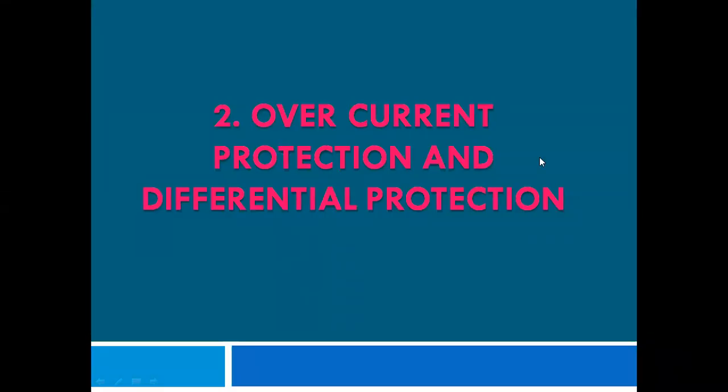So good afternoon, everyone. Today we will start with our second chapter, that is overcurrent protection and differential protection. First we'll see what is meant by overcurrent protection and differential protection. All of you know when high current is flowing through any circuit, that equipment or that circuit gets damaged. Therefore we need protection against this overcurrent or abruptly increasing currents. So some protective devices are used, and the study of this will be seen in this chapter.